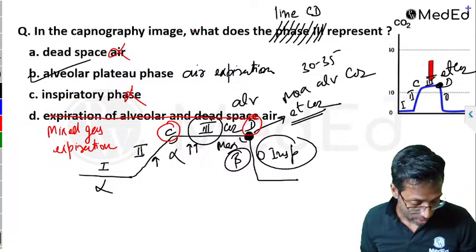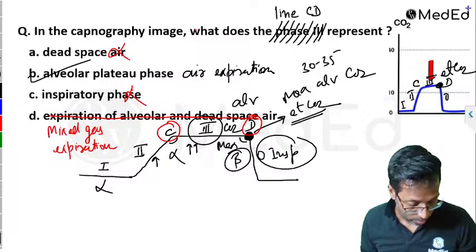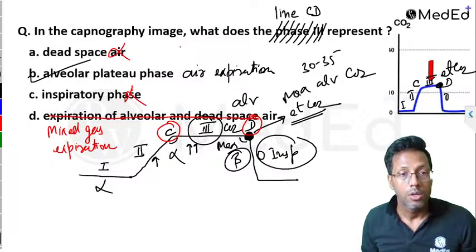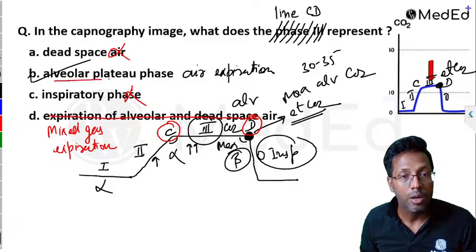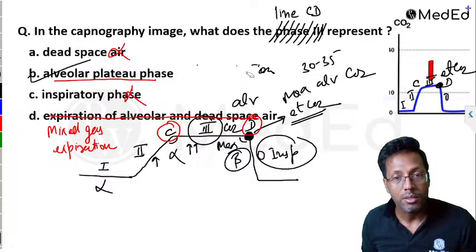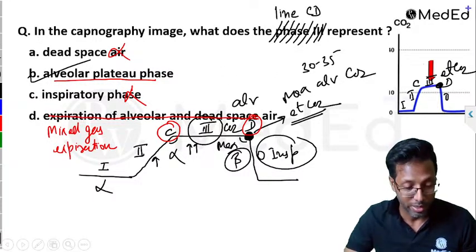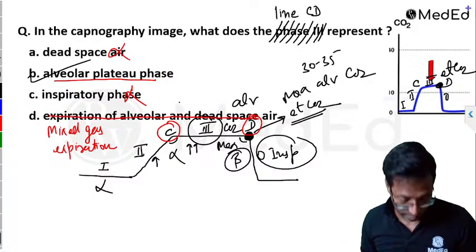Dr. SJ says plateau and tidal were in the same option. So plateau with end tidal volume, plateau with, okay. So they are saying, what is CD? Alveolar plateau phase with, let's reconstruct it here itself, if you want. Alveolar plateau phase,